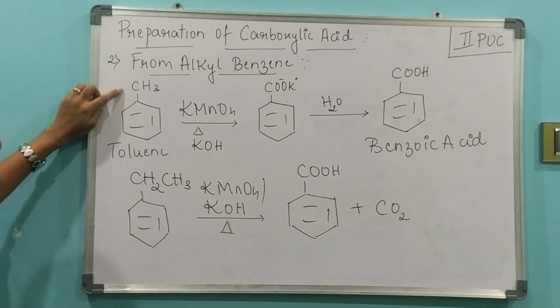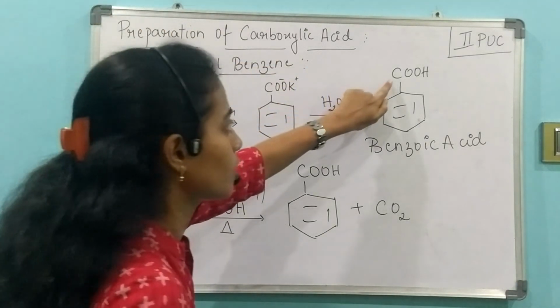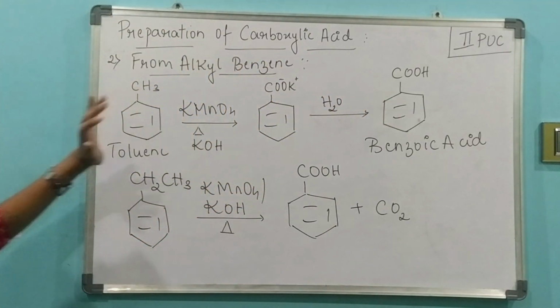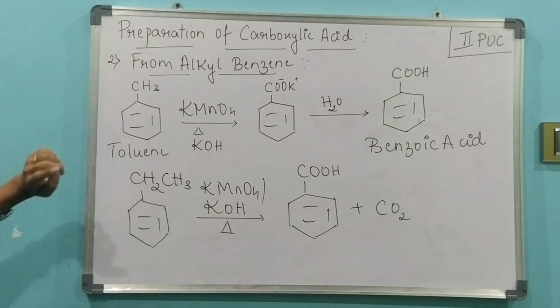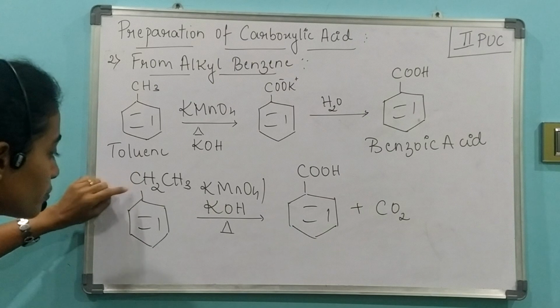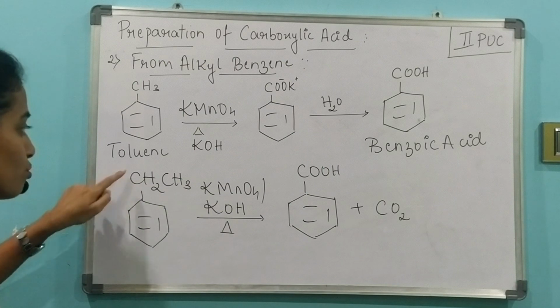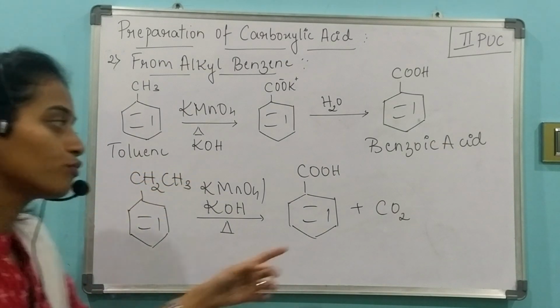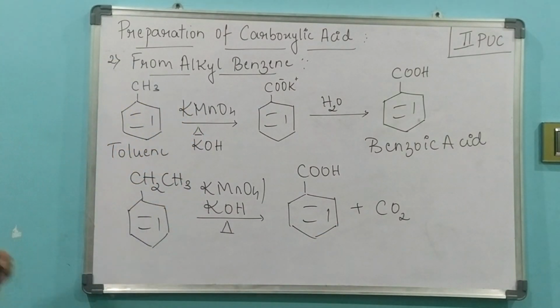Whenever you start from the alkyl benzene, any alkyl benzene, this side alkyl chain will be converted into carboxylic acid irrespective of the length of side chain. You are reacting it with a strong oxidizing agent, so you are going to get the benzoic acid. Where did one more carbon go? It went out as carbon dioxide. What if we have three carbons here, CH2, CH2, CH3? Then remove two carbon dioxides and the product will be again benzoic acid. This is the second method from where you will be preparing the carboxylic acid using the alkyl benzene.